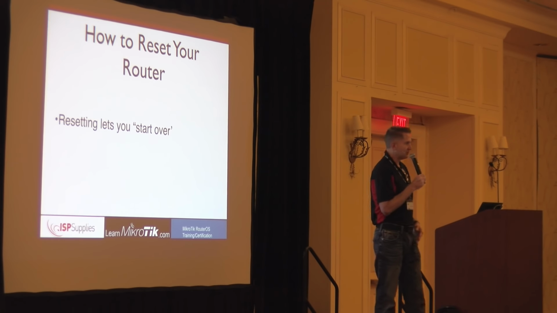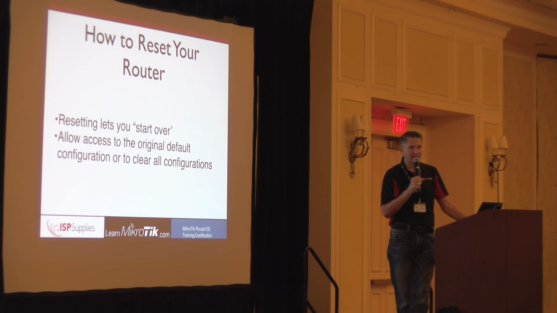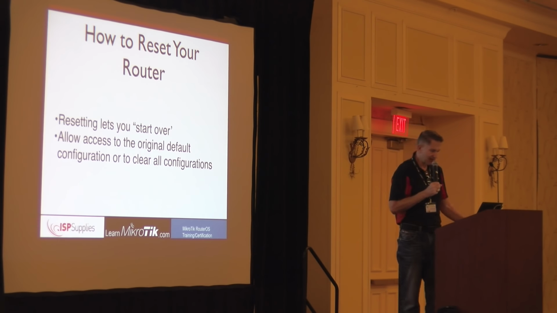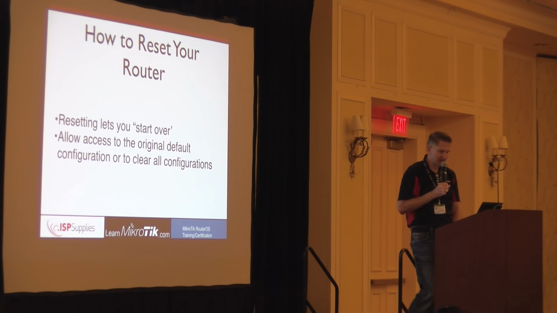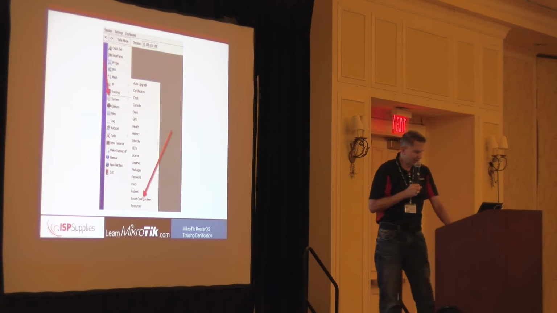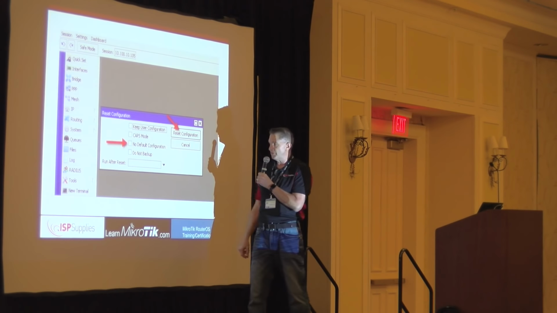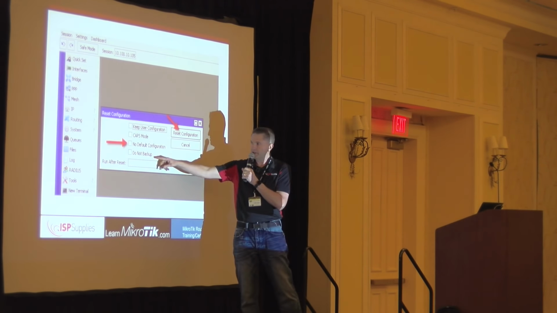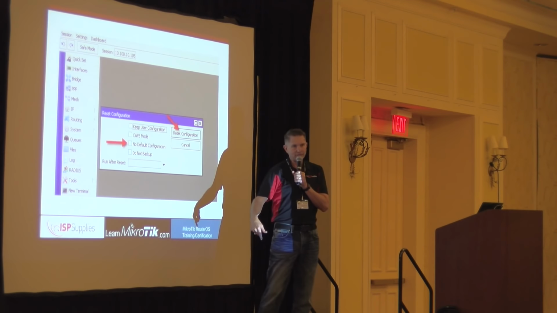You can also create the original configuration that the device had when it came from the factory, which includes possibly firewall rules, IP addresses, DHCP servers, and all the things that you need to have a working router. And you can set it back to that point simply by using the reset configuration function. To reset your router, if you're logged into it, you can click System, Reset Configuration, and now you have some choices here. You can either just reset, which will give you the factory default, or you can go to no default configuration. You can also tell it don't make a snapshot backup before you reset.